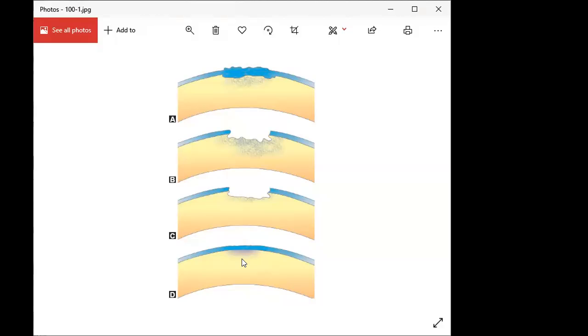If only the superficial layers are damaged, then no scar will be present. If only the epithelial layer is damaged, no scar will be present. If the superficial stroma is also affected, a mild scar may be present. If the stroma is much affected and the damage is deep enough, then there will be larger scars present. So those are the different things.